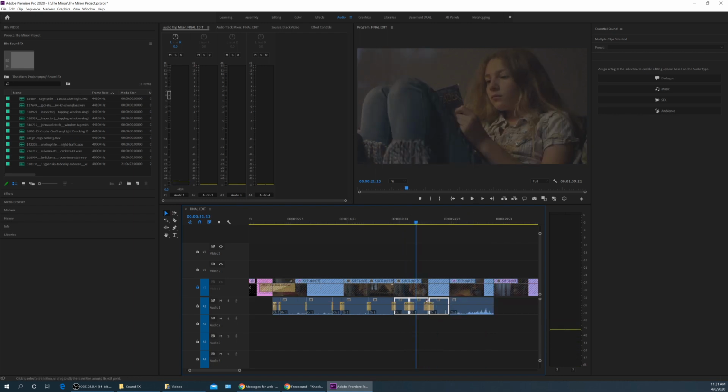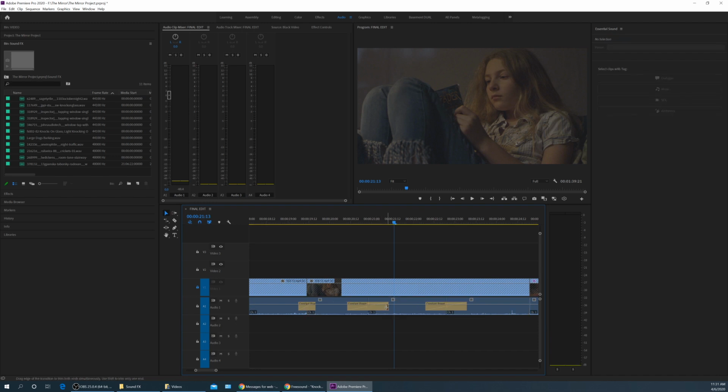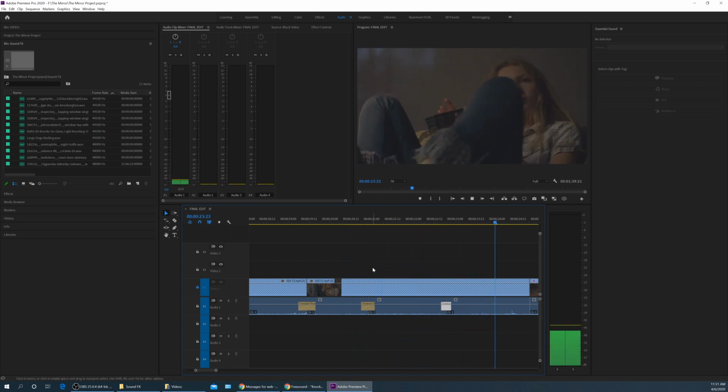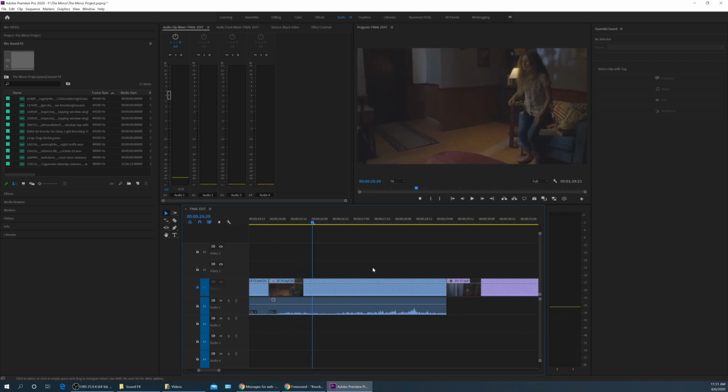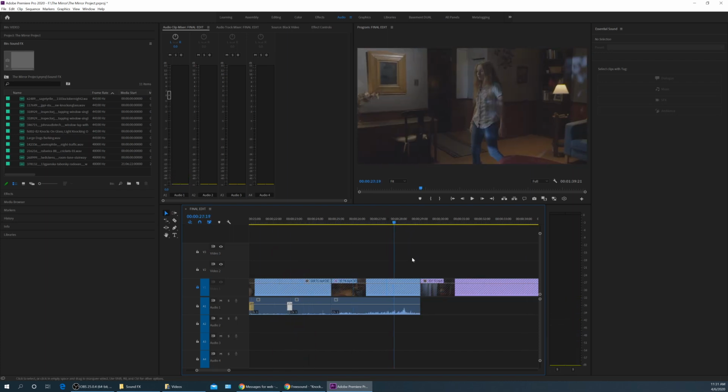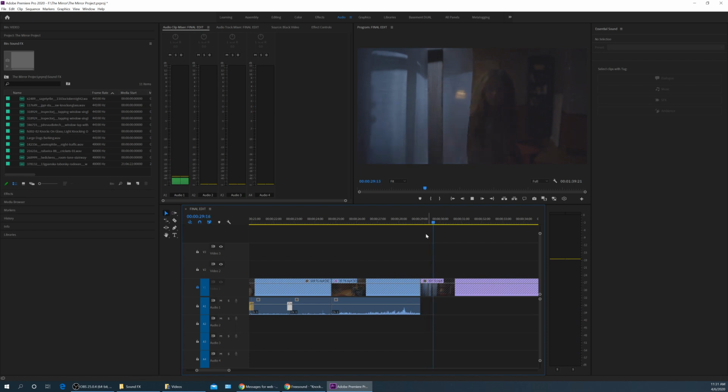And I hear the voice there, so I got to shorten these. It bleeds over into the voice, so shorten that. Shorten that, and let's hear if the transition sounds smooth. And there you go. Okay, and there's also this where she looks out the window here that was shot MOS,